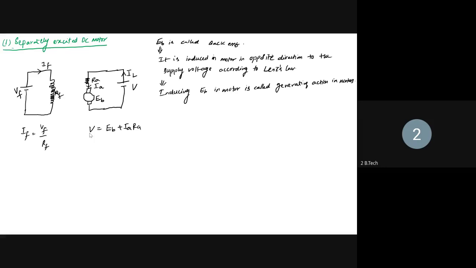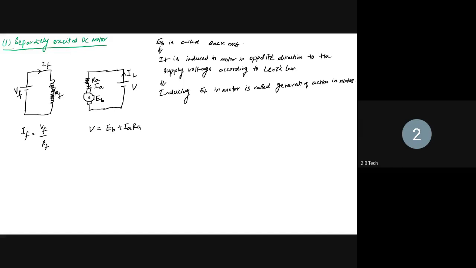And the next connection is the self-excited. In self-excited, we have the DC shunt motor first of all. The circuit diagram for the DC shunt motor is RA, EB. And where do we connect the load here? This is the motor, so we connect the mechanical load here to the shaft.